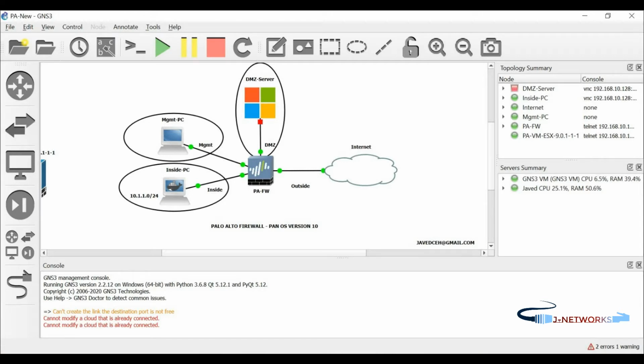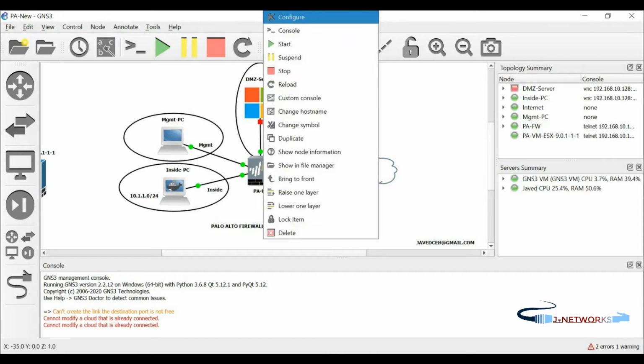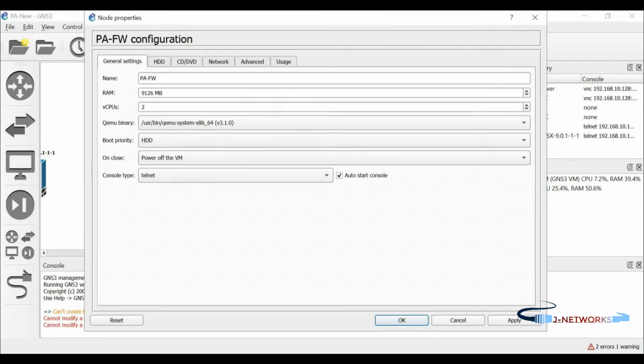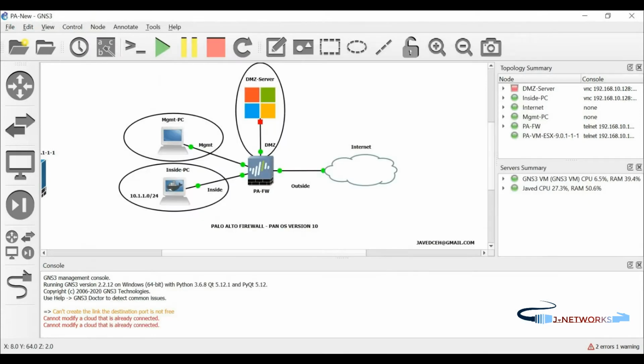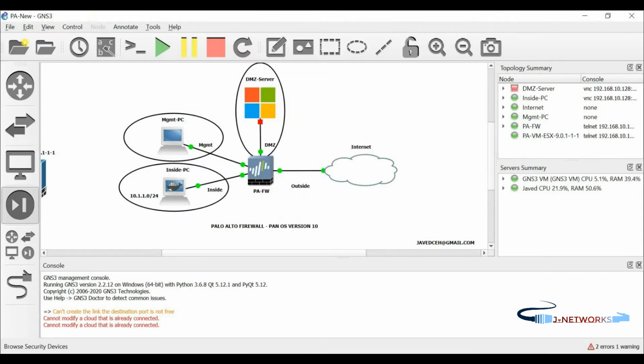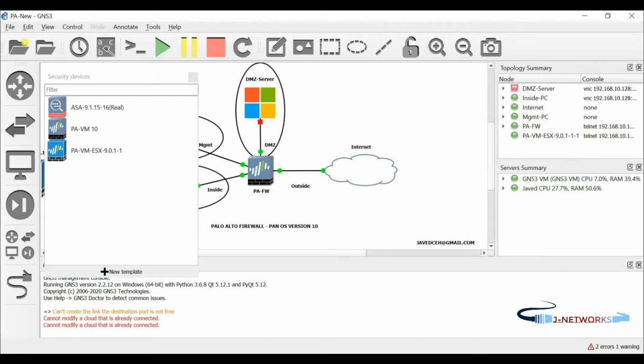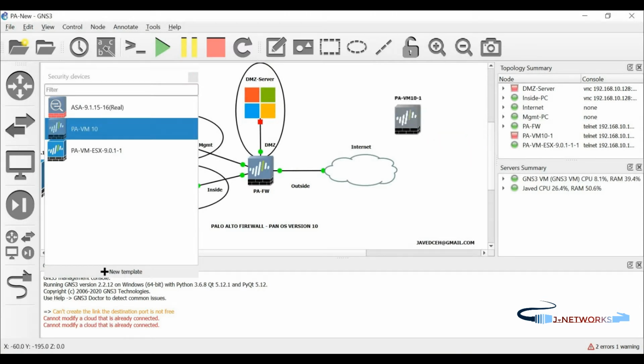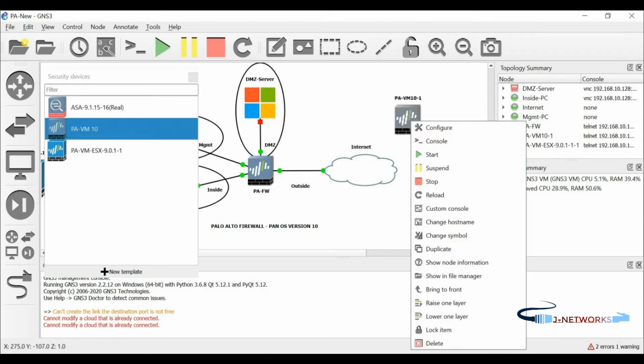So let's get started. I have configured 9 GB of RAM here and 2 virtual CPUs. This is the minimum requirement for a Palo Alto virtual firewall. All right, and then when I add this from the firewall menu, I can just drag and drop here, and I have connected all this connectivity. So I have already connected them,